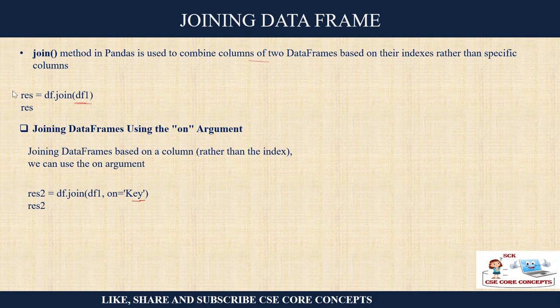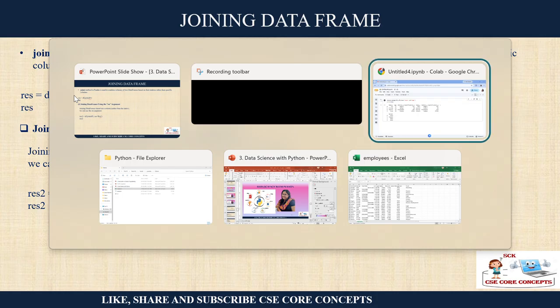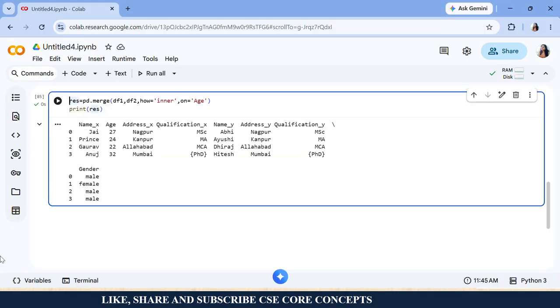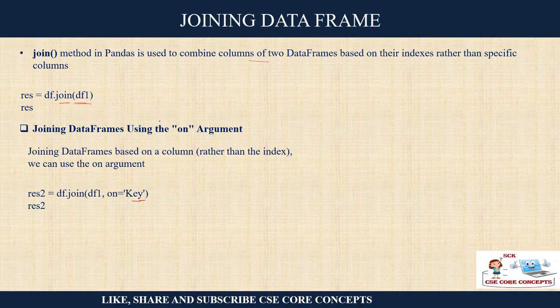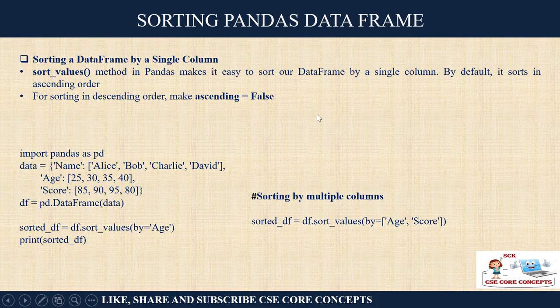The problem here with our data frame is that we cannot join this because there are overlapping columns. If you have overlapping columns, in that case you have to give a left suffix and a right suffix. Of course, if you want to merge it, you can merge it using concat or merge, not an issue. So this is used to combine the columns of two data frames if they are different. But the data frames we have taken in the example are the same.